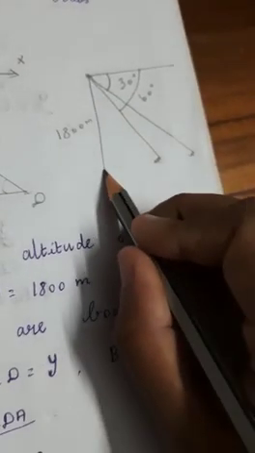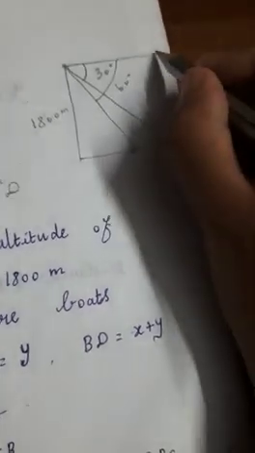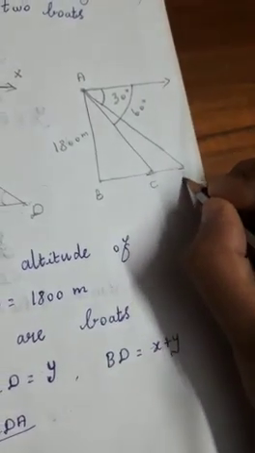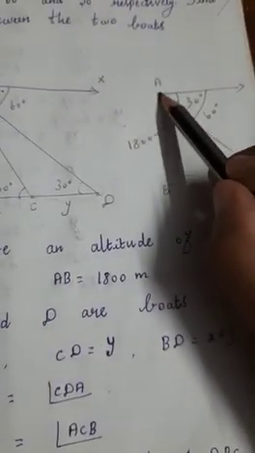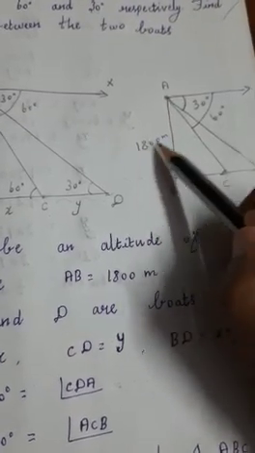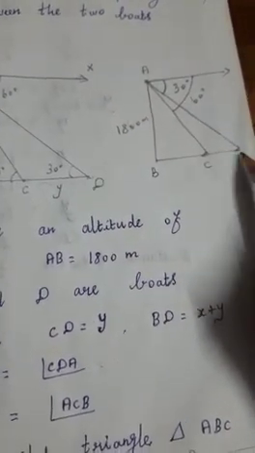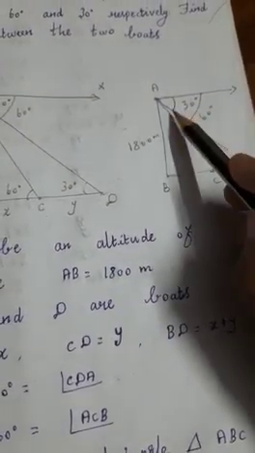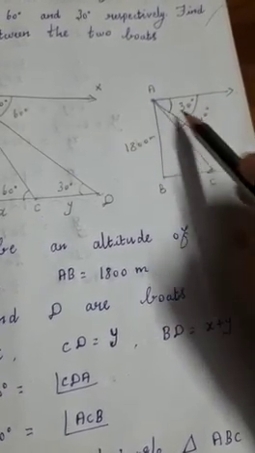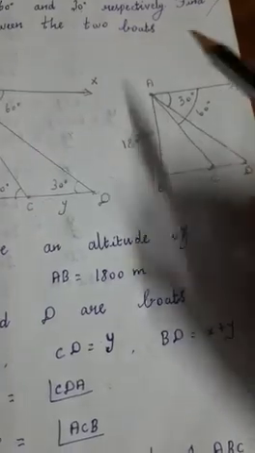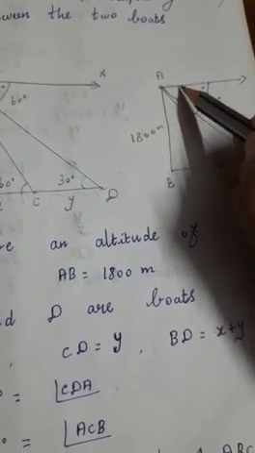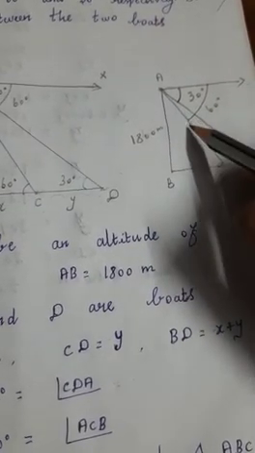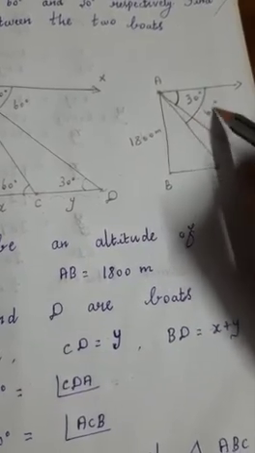Next, this is the ground point, you can join this one. Now put the letters also: this is A, then B, C, D. In our question, the height of the aeroplane is 1800 meter, and two boats are there. From the aeroplane they are looking at the two boats, and this is the horizontal line. One boat is at a 30 degree angle, another at a 60 degree angle. If you are confused about the angles, first draw it: the horizontal line to the line of sight is the small angle, and the horizontal line to the next line of sight is the bigger angle, that is 60 degree.